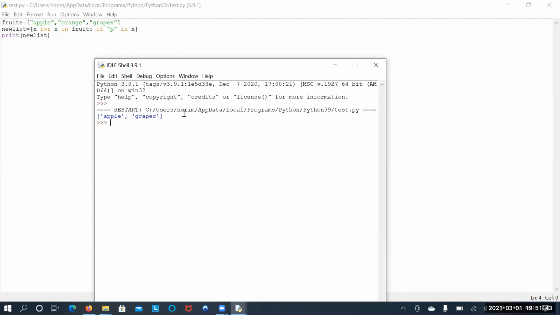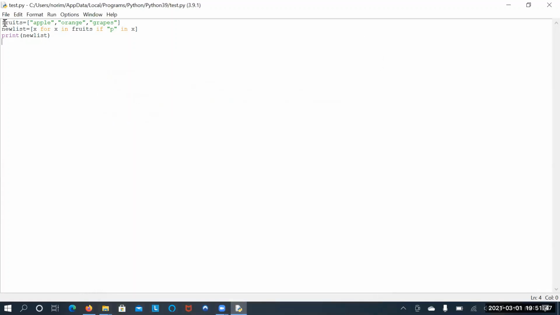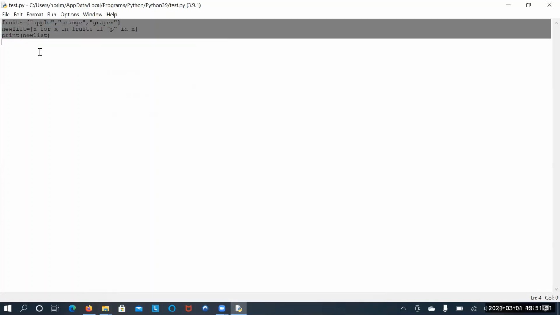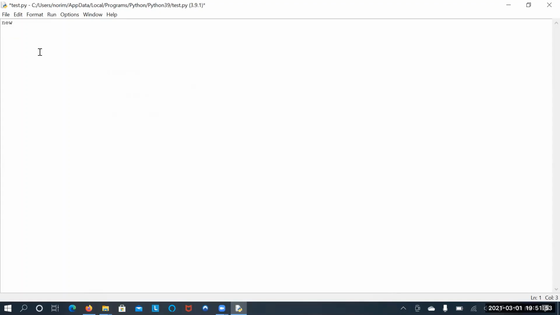Suppose, for example, I can take any range also, not only strings. So new list equals, suppose I want to use some expression.